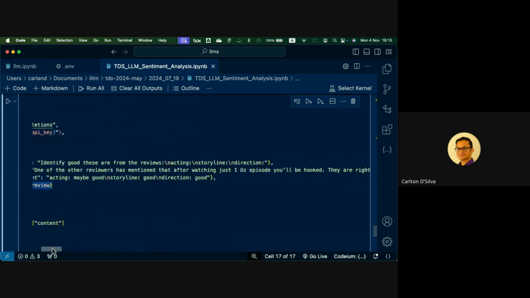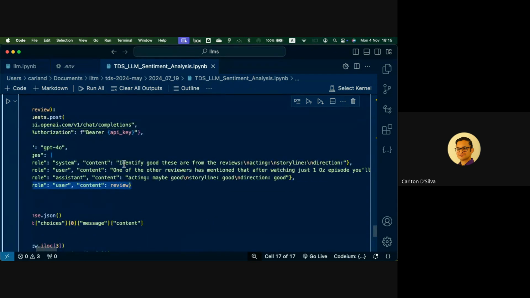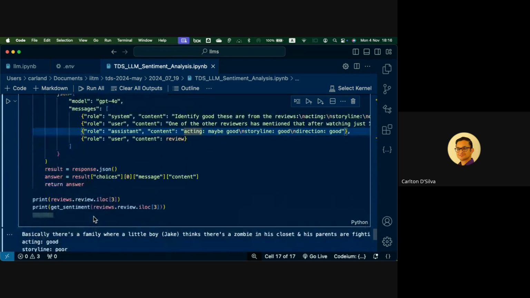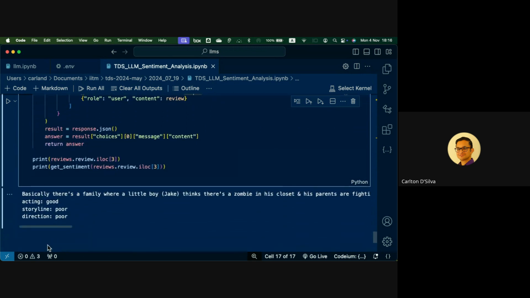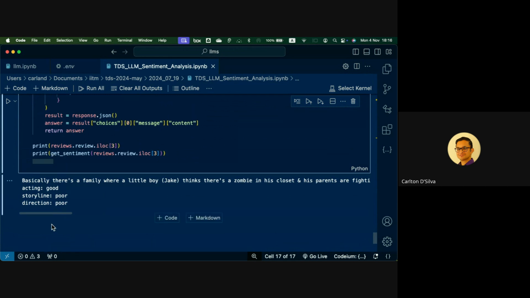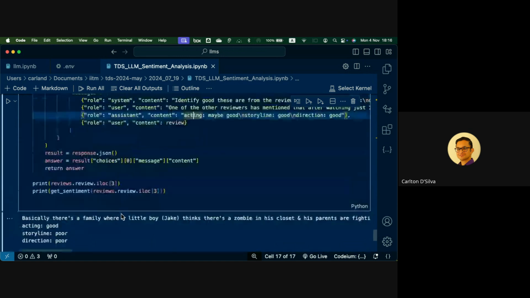And if you look here, we are asking it to send back some data based on this training that we're doing. We say we want you to give a response, and this time when you give the response, you break it down into these sort of categories. And we send this off. That's what the LLM does. It produces a response. If you look here, it gets the sentiment of the review, and then it breaks it down into acting, storyline, direction.